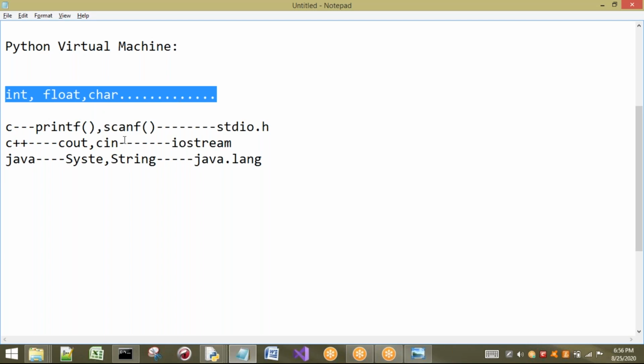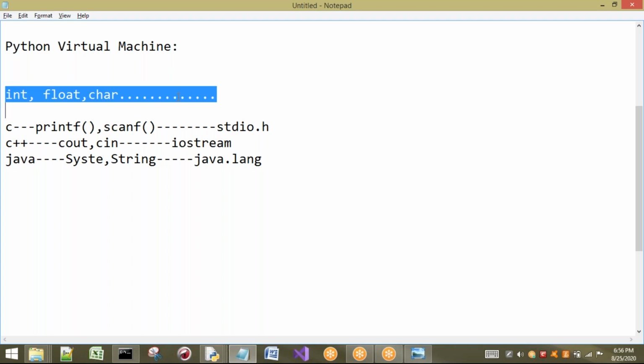If I ask about printf and scanf, you will say stdio.h, sir. In the same way I am asking where int, float, and char are present. You cannot answer it because you may not see those things in your C, C++, and Java. But now I will show you where these keywords are present.